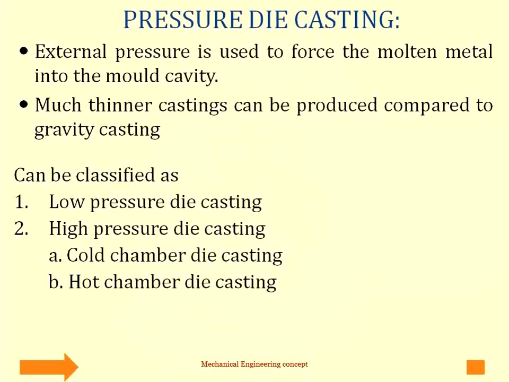Pressure die casting, often called die casting, is a casting process where molten metal is injected into a die under a high pressure or a low pressure. The metal being cast must have a lower melting point than the die material, which will usually be made up of steel and other alloys. Hence, this process is suitable for casting non-ferrous materials, although a few ferrous materials can also be cast.